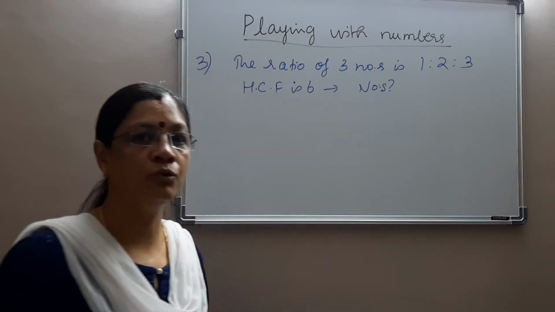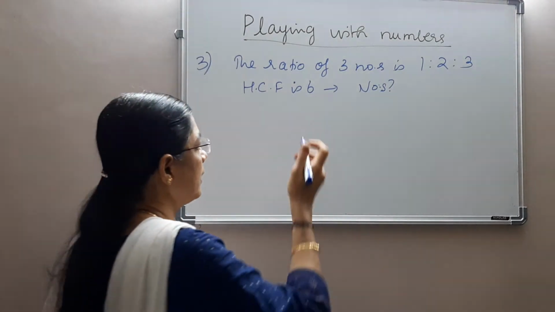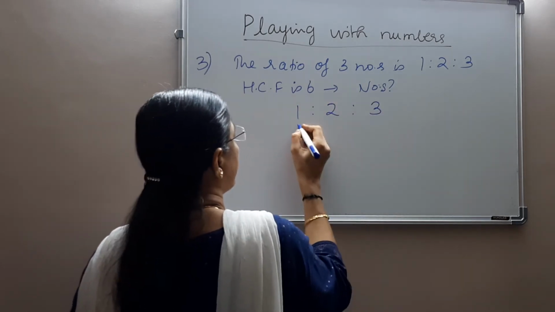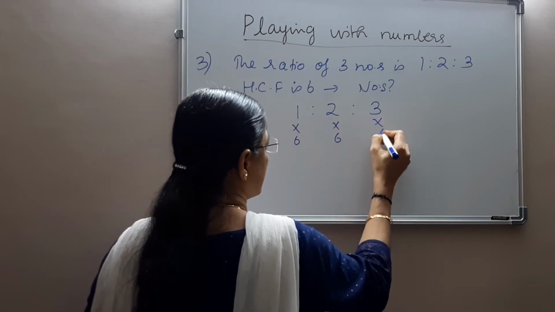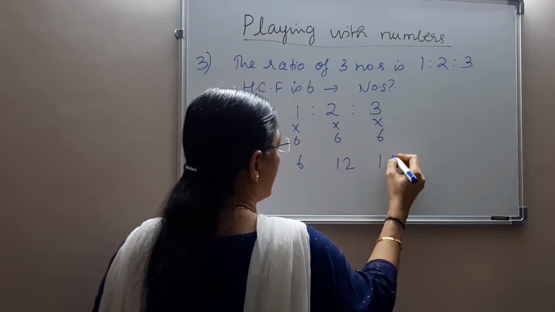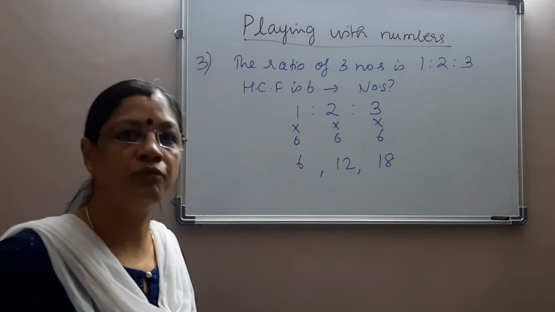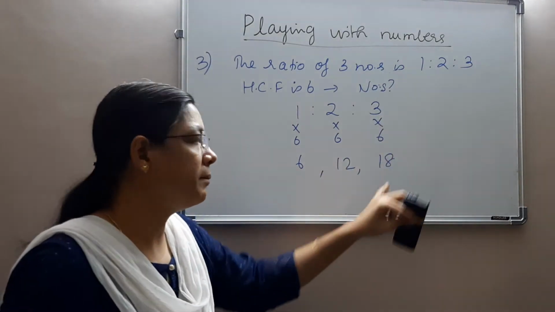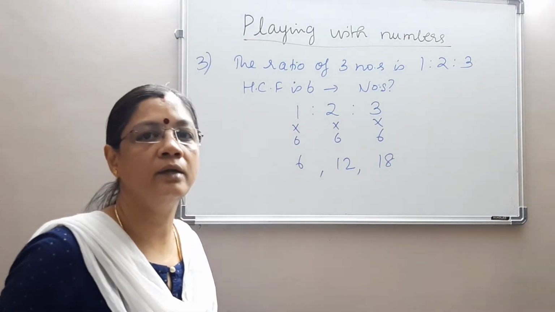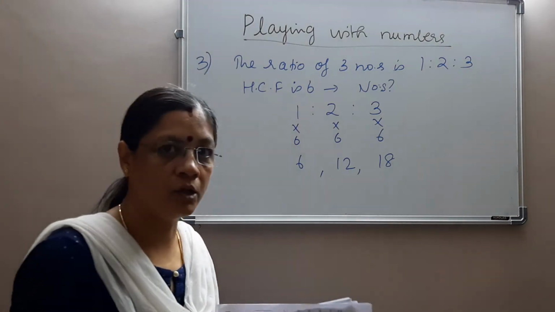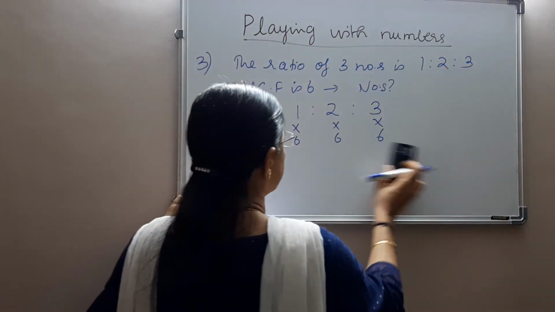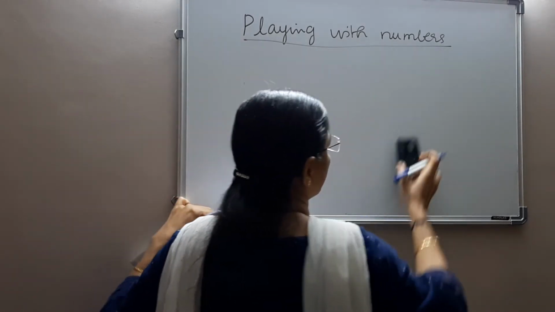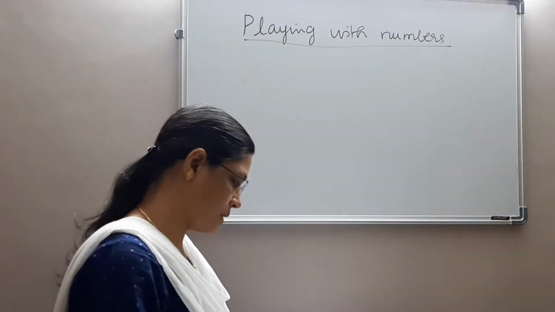Now it will be easier for you to find out the numbers where the ratio is given and the HCF is given. So what I need to do, the ratio is 1 is to 2 is to 3. I just multiply this with the HCF and I get 6, 12 and 18. So these are the numbers which I need to find. That means one part is 6, 2 parts, so the original number is 12 and 3 parts of it is 18. So that is how we get numbers from the ratio. You understand now? So this is how we find out numbers when the ratio is given. Okay, so the next sum will be,